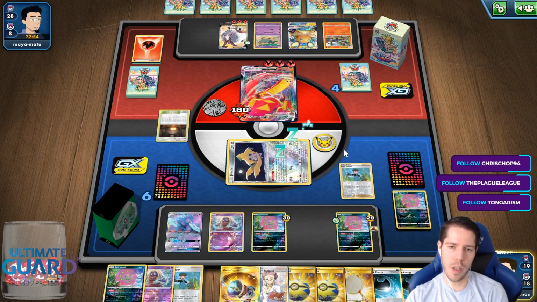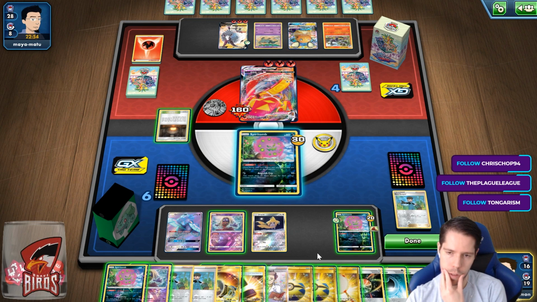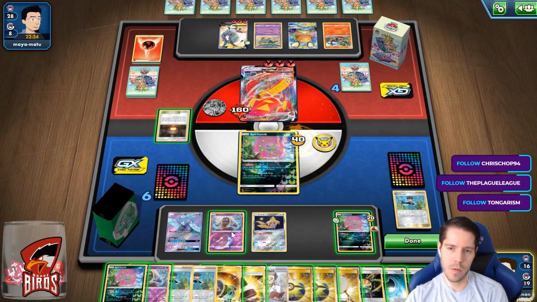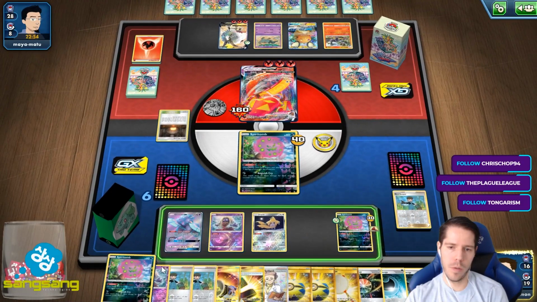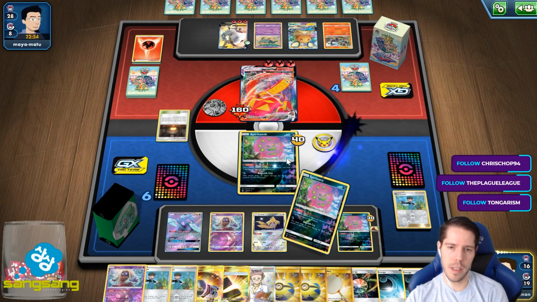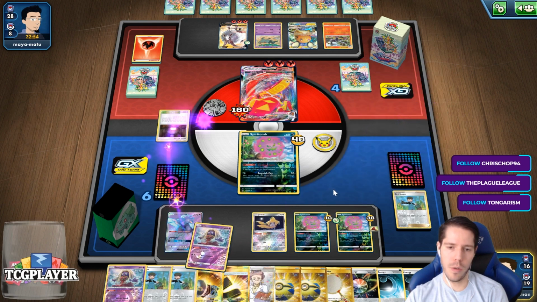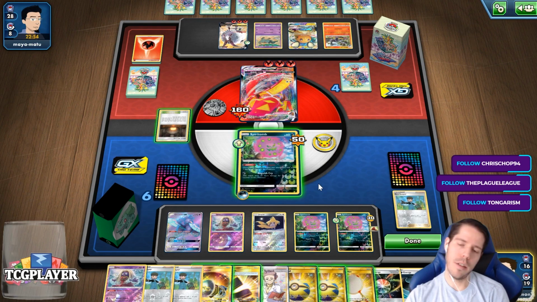Okay, so I'm gonna Bird Keeper. No Stadium is actually quite awful. And probably will prevent me from getting a KO. I'll bench you. I use Building Spike. I do need to hit for maximum damage here to get the KO. I don't expect to... Well, actually...